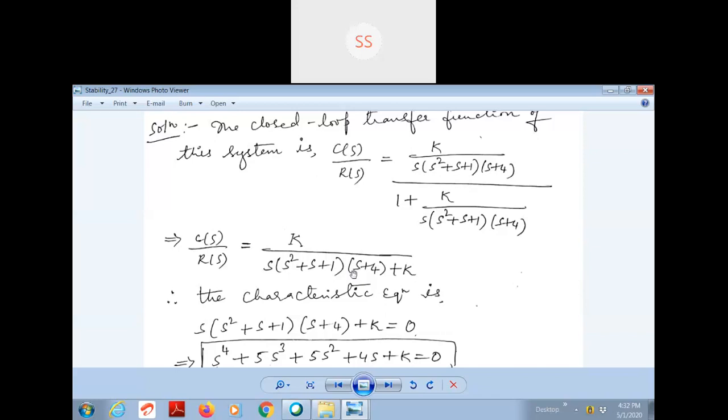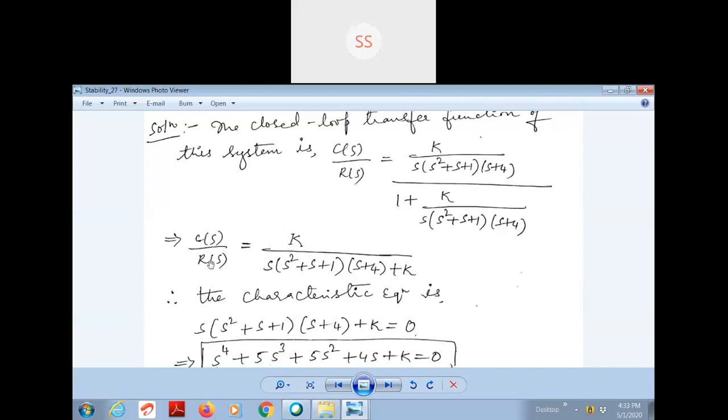If there is any variable term, then we can vary that term and choose the value of k such that we get only those roots which will make the system stable. If we don't have any variable term, then the roots will be fixed. And if the roots are positive and real, lying on the RHS of the S plane, then we don't have any option to make them come to the left side of the S plane. Okay, so in order to change the nature of the roots, we always need this k, which we can consider as a system gain, by varying which we can adjust the roots.